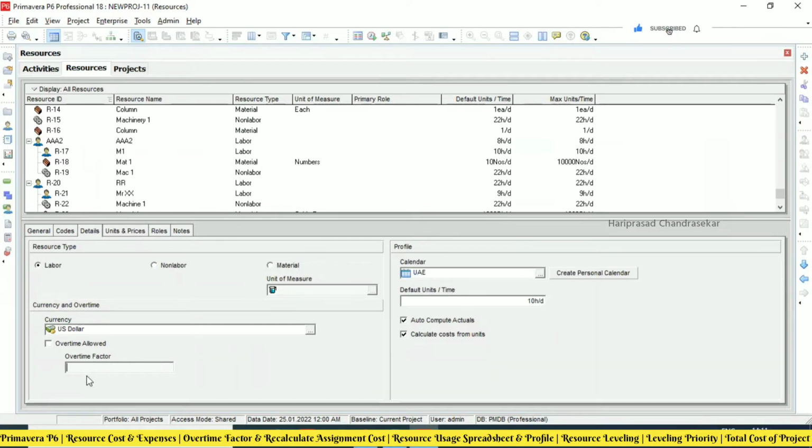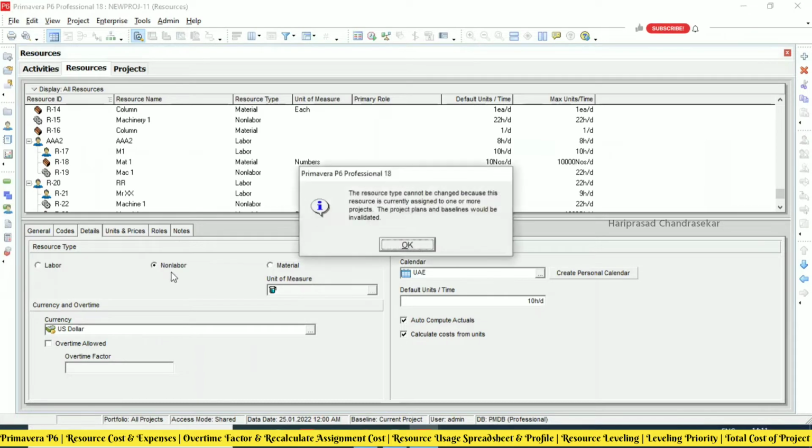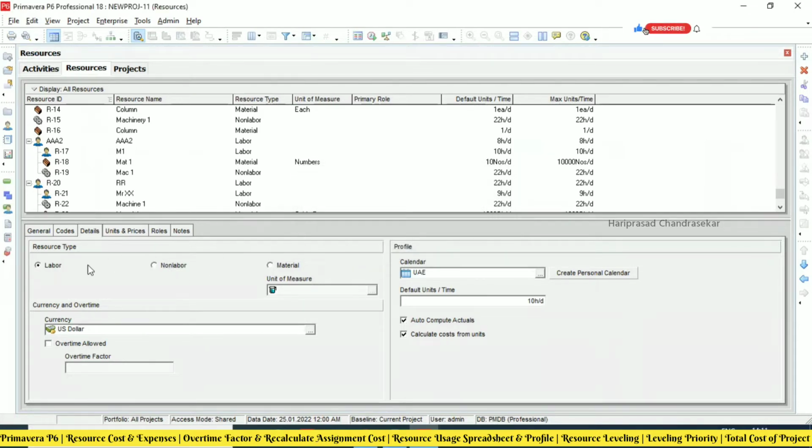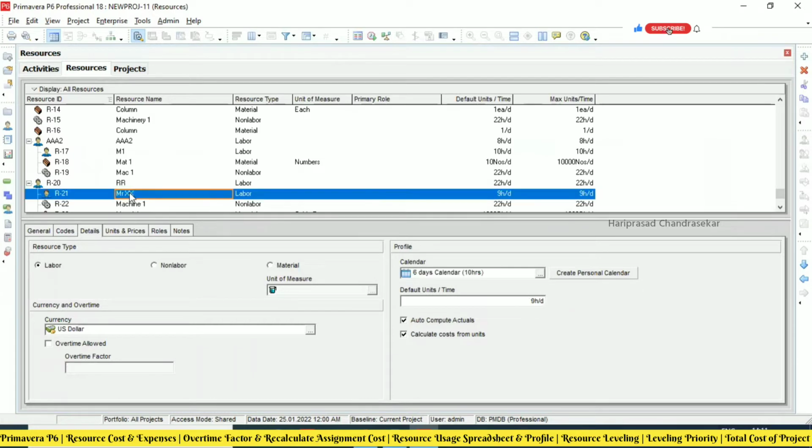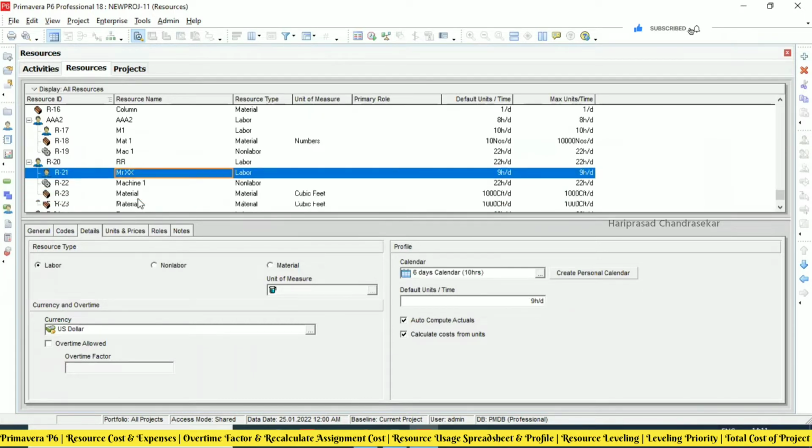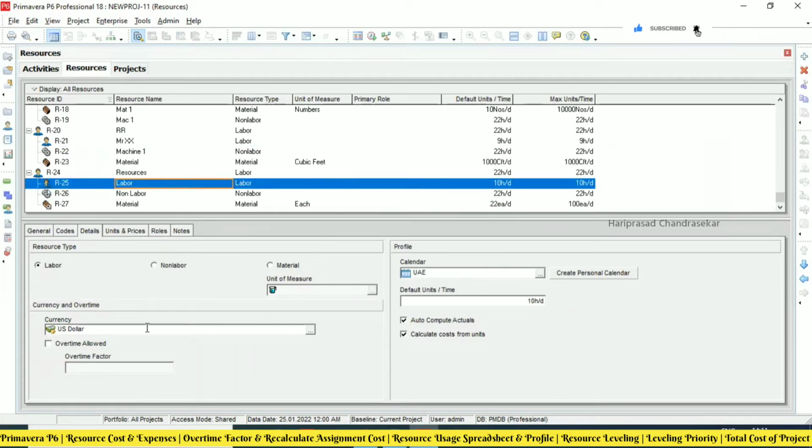Then accordingly the cost will be taken care of. This applies to labor only, not non-labor. For labor, we can put overtime allowed and overtime factor. I will put 1.2, like that. Accordingly, you will get the cost.